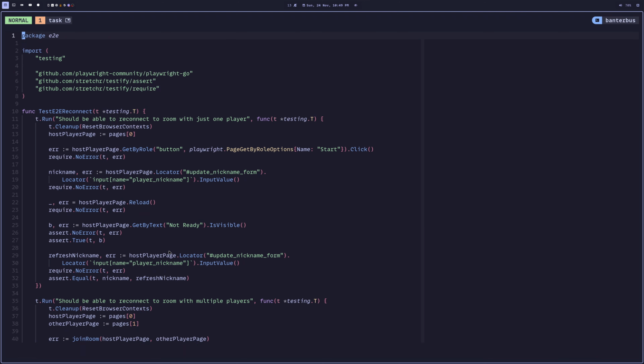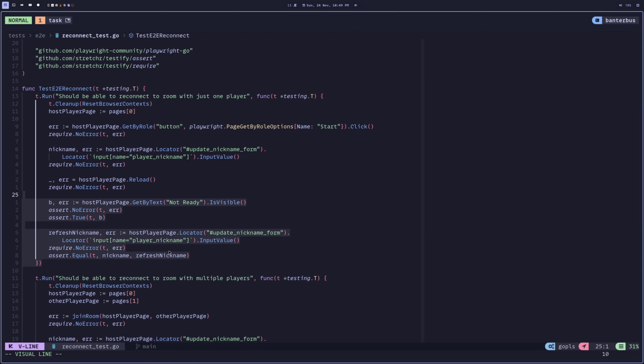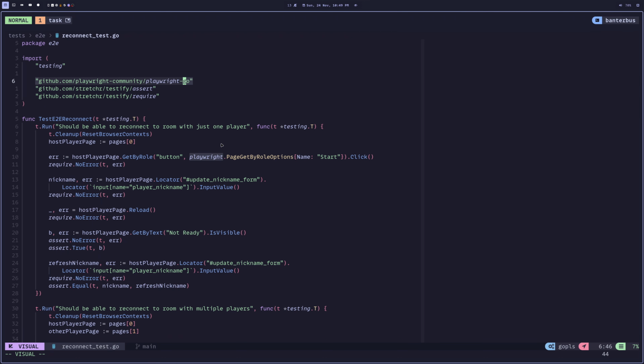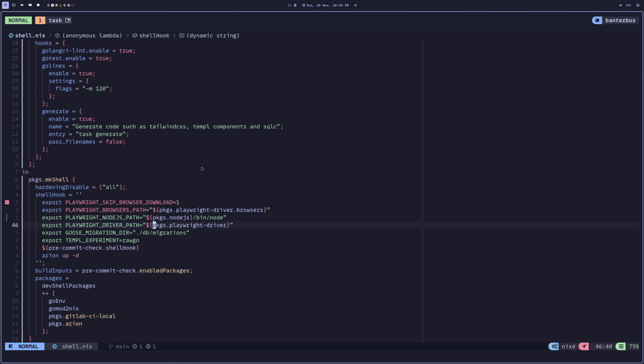And so I have a bunch of these tests here, and I just write them as if they're Go tests. And essentially, the Playwright library here just handles running them in the browser for me. And I don't have to do too much. It was just a bit fiddly getting it working the very first time, particularly around this driver path variable when it wasn't available to us, and this stuff was kind of hard-coded with that Playwright